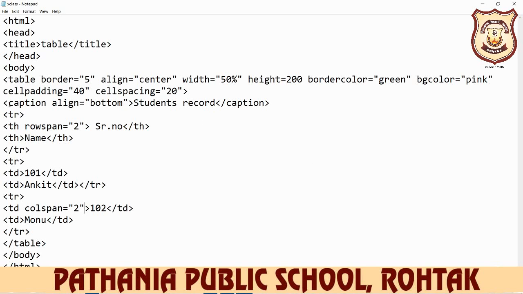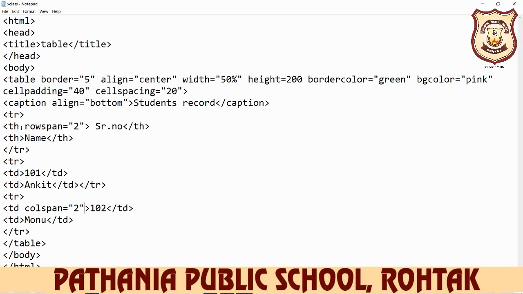And the next tag we learned here is the caption tag. The caption tag works with the table tag and it is used to write down the heading of your table. After that we learned tr, which stands for table row, and if you want to draw any row in your table, then you can use the tr tag. After that we use th and td attributes: align attribute, rowspan attribute, colspan attribute, bg color attribute.